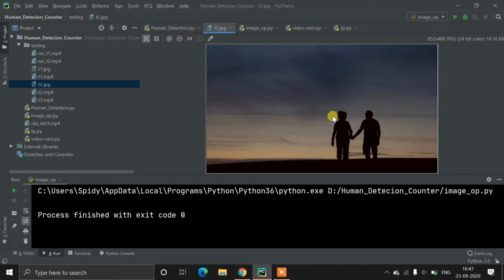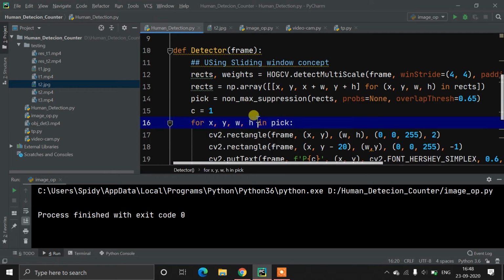So it will overlap the detection. In one person's detection it will detect another person. So it will give you around 3 to 4 rectangles for just 2 people. Actually there are 2 people already detected, but it gives me a result of 4 or 3 people detected. This is a limitation of our accuracy and algorithm.